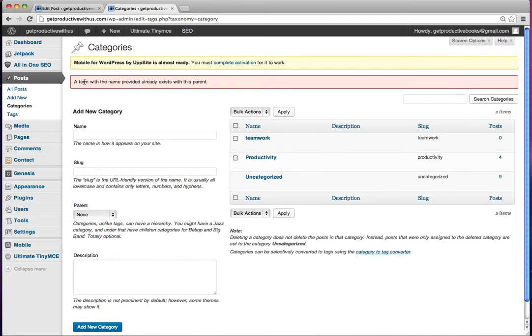Though it says a term with the name provided already exists in this parent. Well, I wonder if, anyway, I'm wondering whether teamwork appeared in your earlier post, but from your other site. But for now, we'll only put in teamwork, and then you can add other categories